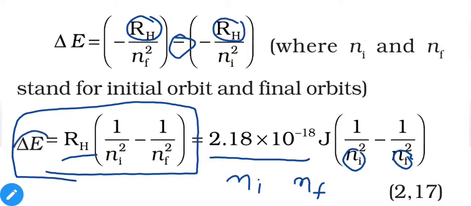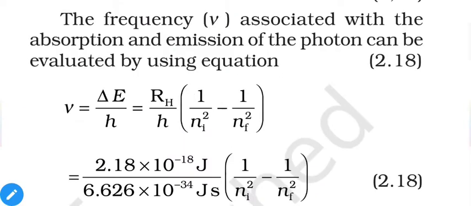can actually calculate the difference of energy, that means the energy requirement for that movement, if the electron is jumping from first orbit to second orbit, or from second orbit to first orbit. You will get the value of energy requirement, and from the energy you can find the frequency of electromagnetic radiation required, which is mentioned here.